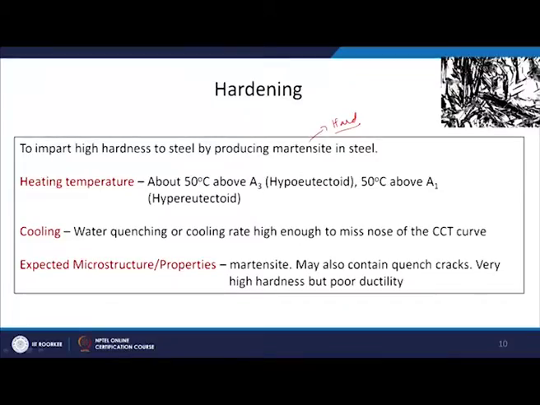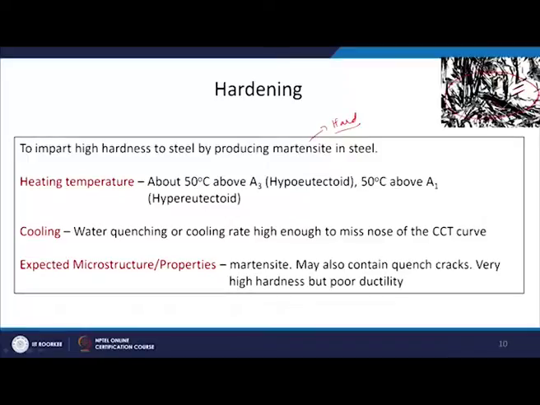Then there is another heat treatment procedure called hardening, and this is to impart high hardness to steel by producing martensite in steel. Martensite is a very hard phase, very high strength, very hard. So, if I want hardness in the material, I will give a heat treatment called hardening. This is a microstructure of martensite. You can see all these martensite plates are there in a zigzag